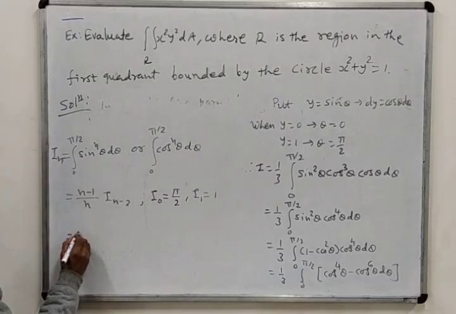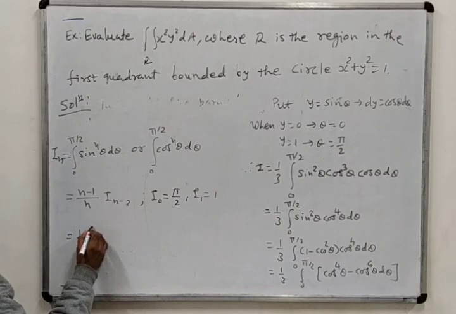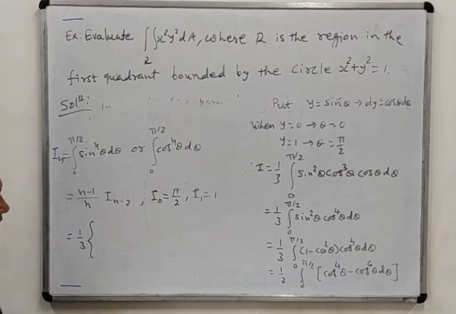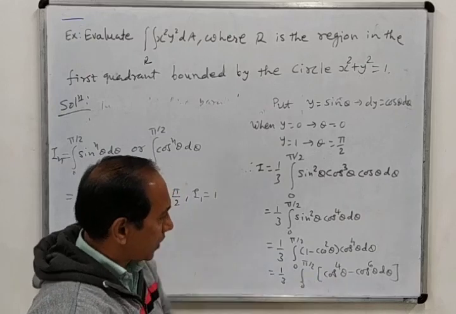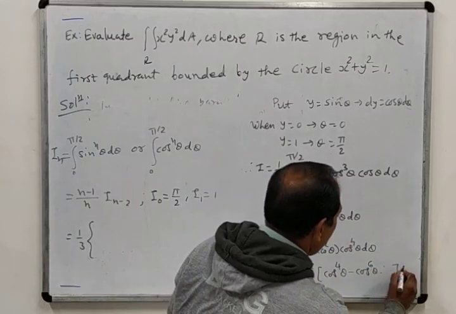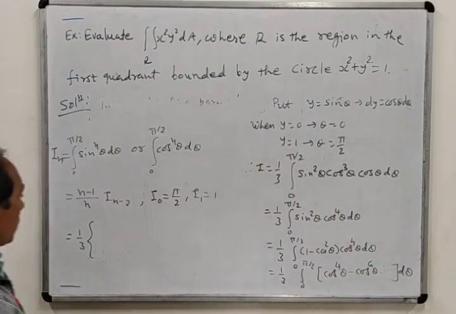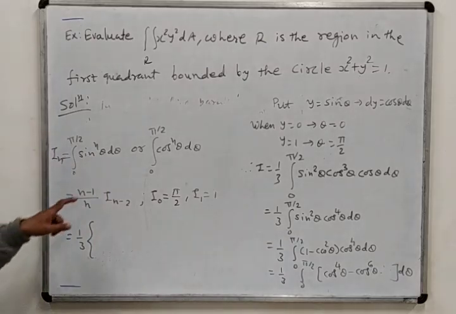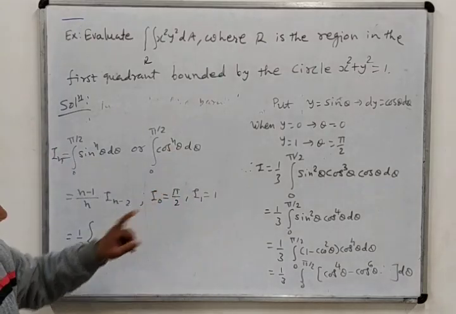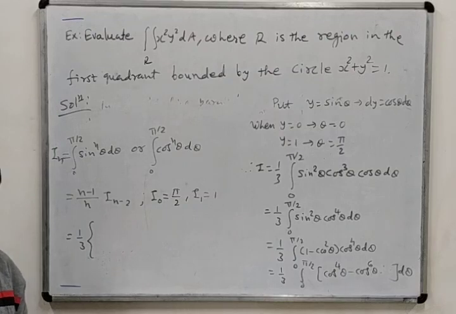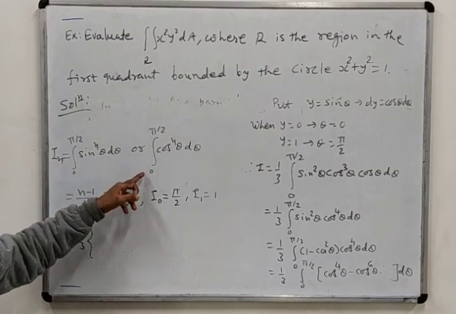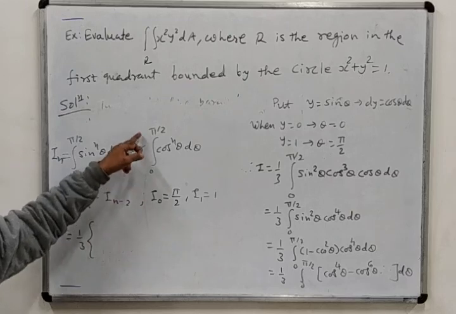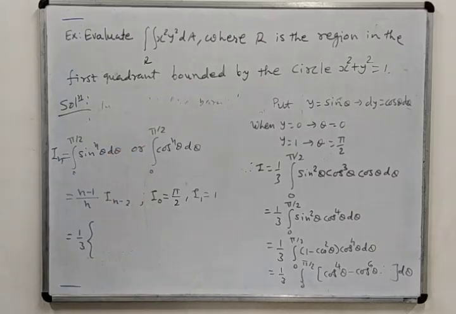So if we continue this problem, here I will put a bracket because first I want to solve this cos raised to 4 theta. So here this d theta I will write outside. So cos raised to 4 theta, just compare it with this. And once again you remember that while you use this formula, the limits of integration must be from 0 to pi by 2. Otherwise you cannot apply this formula.